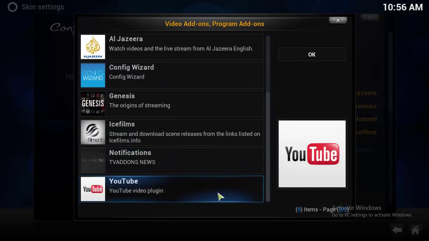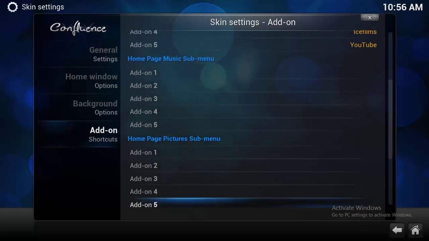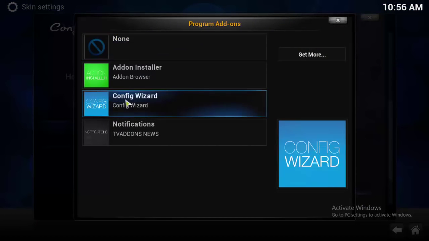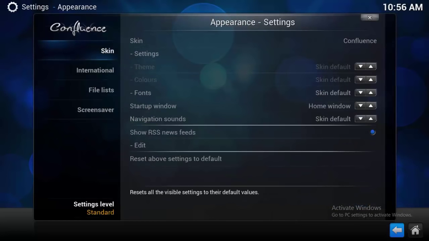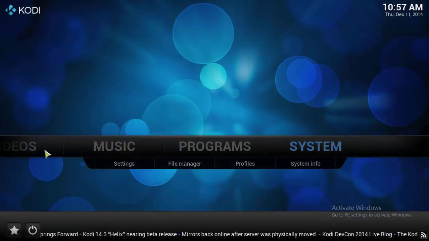Down at the bottom. And then I'm going to page down till I get to programs. And let's do the same thing with program add-ons. There we go. That was the add-on. It was neat. And the config wizard. But what about the Xfinity piece? Now I've got to show you how to do that real quick. So, Xfinity. Actually, any